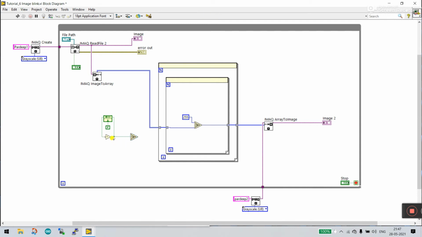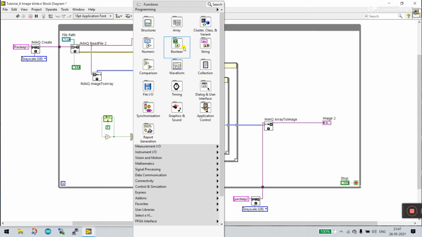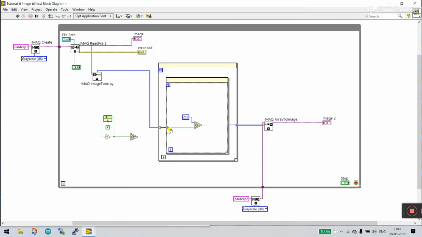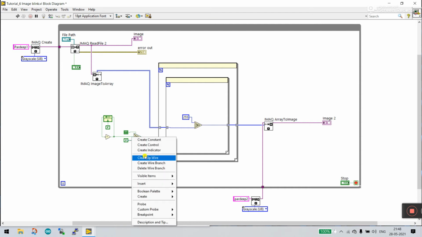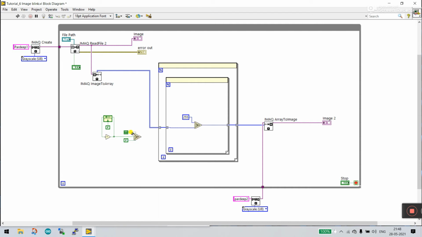Now if this condition is true, then what do we need to give to this signal? This is a boolean. Now right click, come to boolean and click true. Same, copy this, and you need to select false. And clean the wire. All done. Now you need to connect to this one, and connect to this terminal.